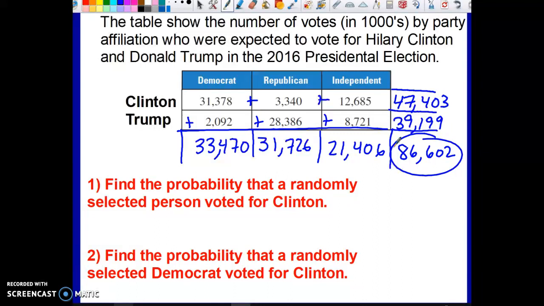Now, find the probability that a randomly selected person voted for Clinton. Well, how many people voted for Clinton? Well, 47,403 out of the 86,602 people. So I could find that probability by dividing. But look at the second question. Find the probability that a randomly selected Democrat voted for Clinton. So you have to be a Democrat. Out of the Democrats, 31,378 out of the 33,470 voted for Clinton. So